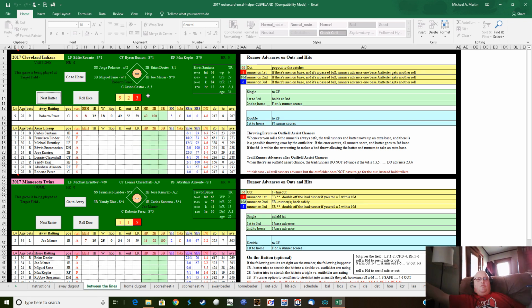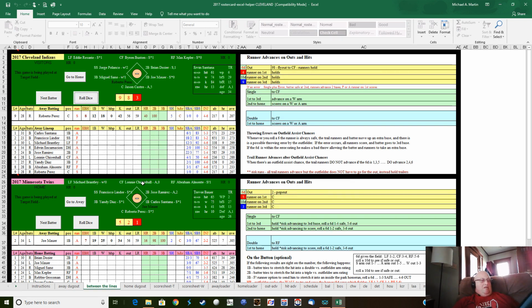Okay, so Perez, let's see here. So Castro is a 5, so the next roll, anything under 5, will be a pass ball. So 3, it's a pass ball. So Almonte, he goes on to second on the pass ball. Roberto Perez, we're going to roll the dice for him again, 96. So that is going to be a,